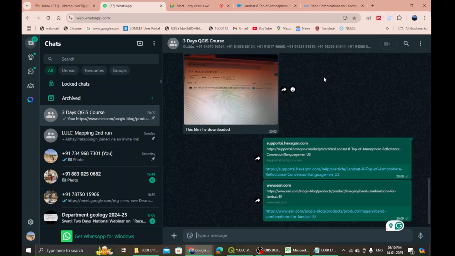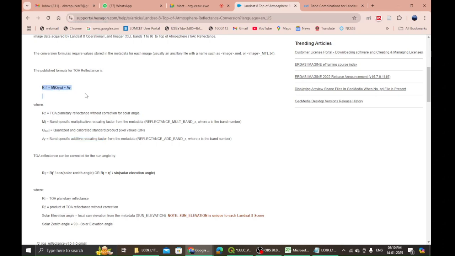If you could complete this task that I'm asking you to do, that means you are able to correct the satellite imageries, no matter which equation you get. For example, if I show you here, we have one equation to correct the data. We have another equation also to correct the data.